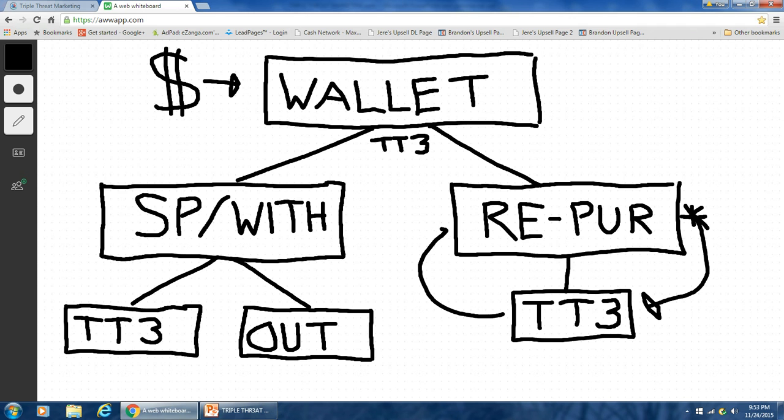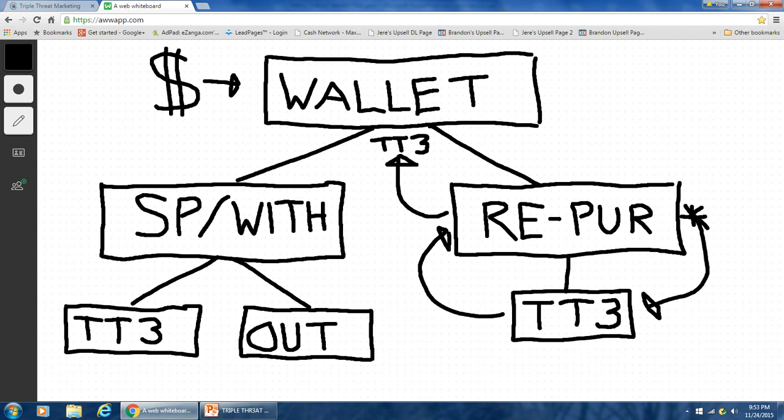Okay, that's basically what's happening here. So why does Triple Threat want the repurchase? Why does Triple Threat want part of all money earned used to repurchase? Because basically it's keeping the Triple Threat system going. It's keeping fresh funds always coming in to Triple Threat. So that's a way of maintaining longevity and the